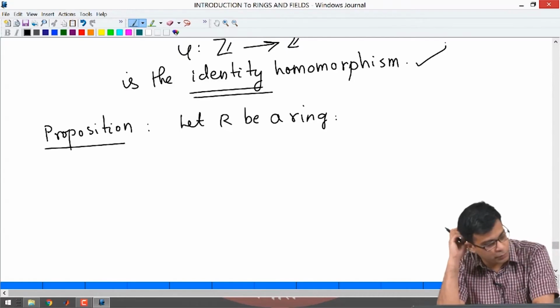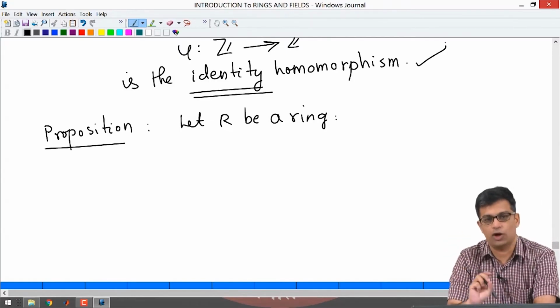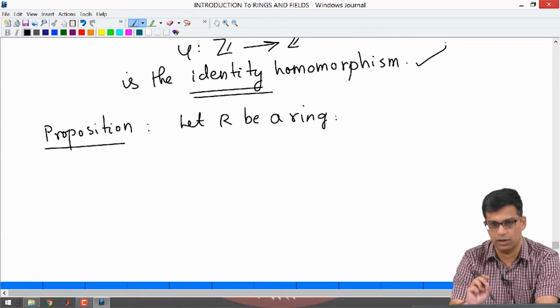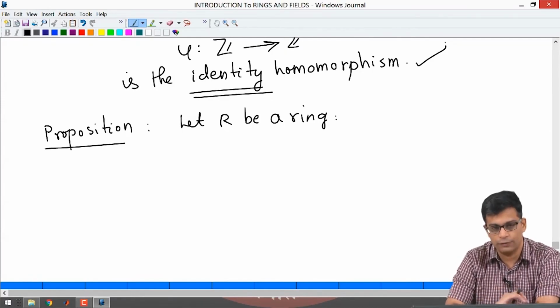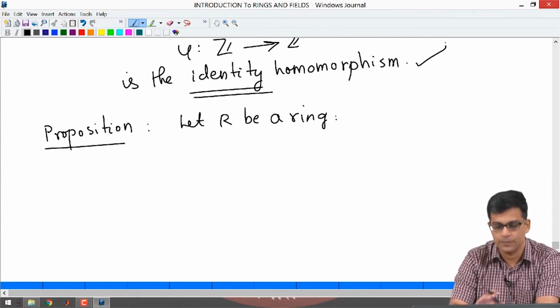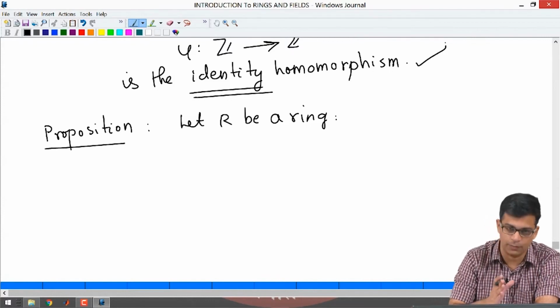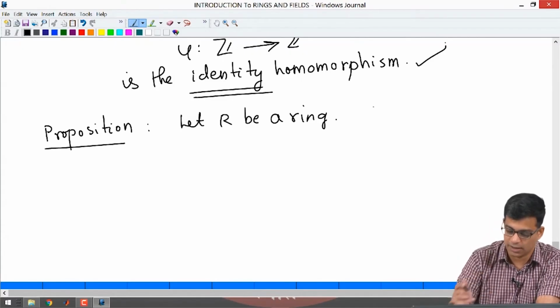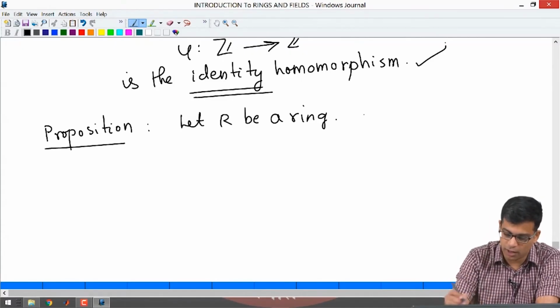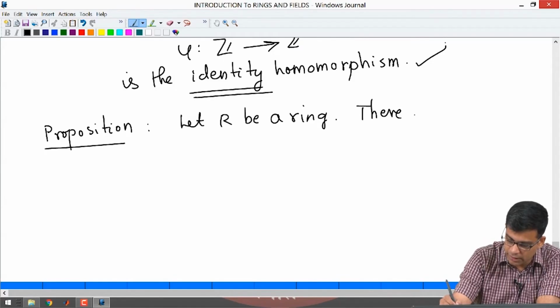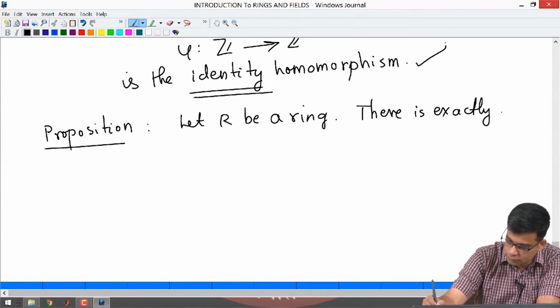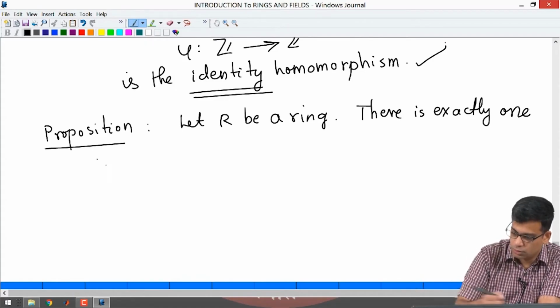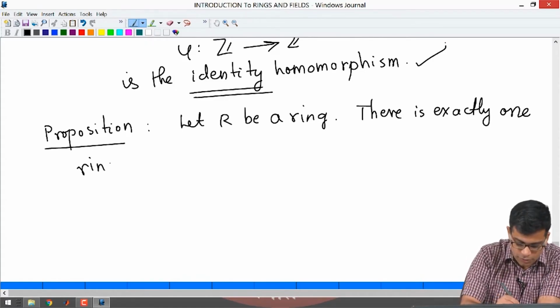The previous example said that there is exactly one homomorphism from Z to Z, namely the identity map. Now, if you replace Z by any ring R and look at homomorphisms from integers to R, the same idea as before shows that there is exactly one homomorphism. So, let R be a ring, there is exactly one ring homomorphism